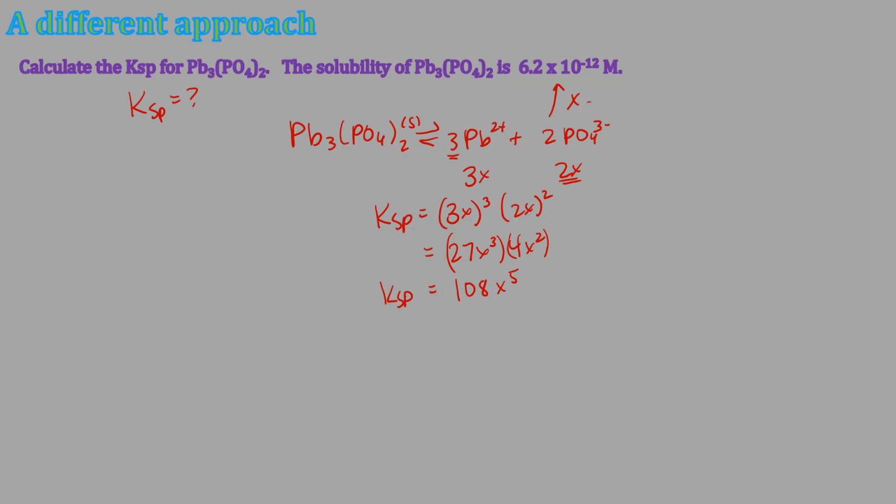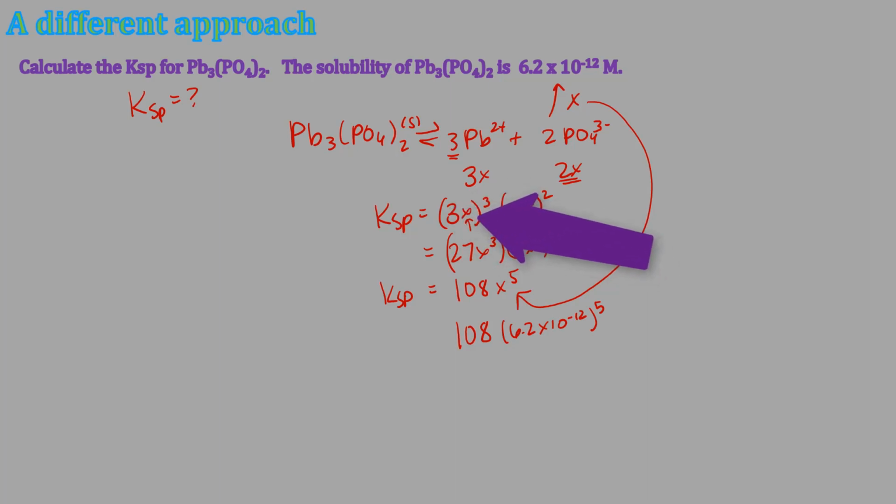So now I can plug my x value in here, and I have 108 times 6.2 times 10 to the negative 12th raised to the fifth. So you have two options. You can either plug in your x value here, multiply by the 3, and then raise it to the third, plug in your x value here, multiply by 2, raise it to the second, and then multiply those two values together, or go ahead and find this, and then you'll raise it to the fifth first, and then multiply by 108. So if I raise it to the fifth, because you have to do exponents first, and then multiply, I get